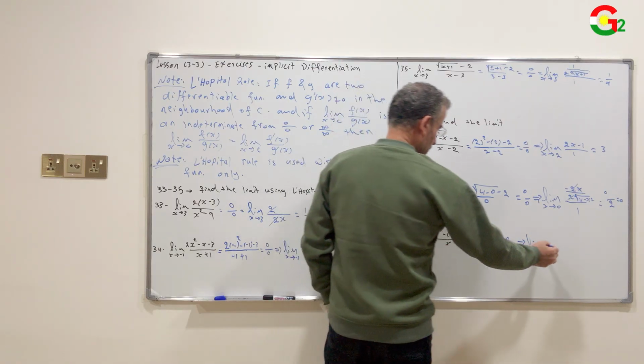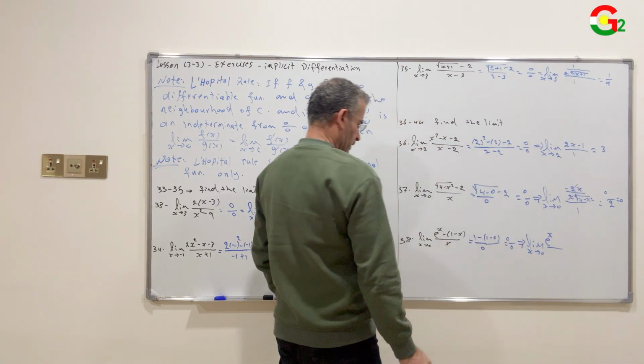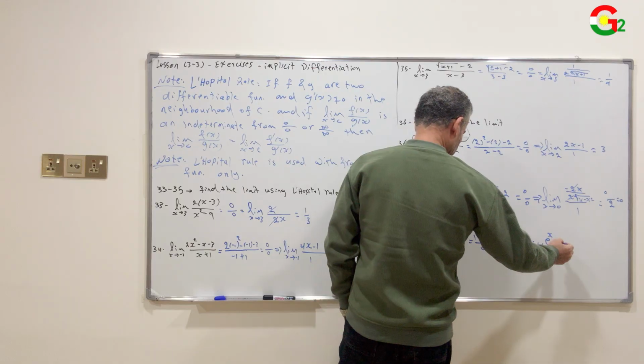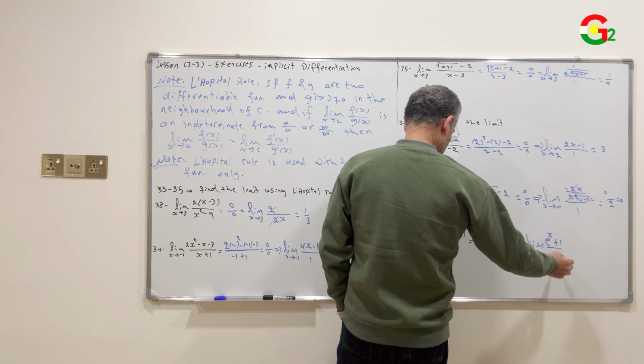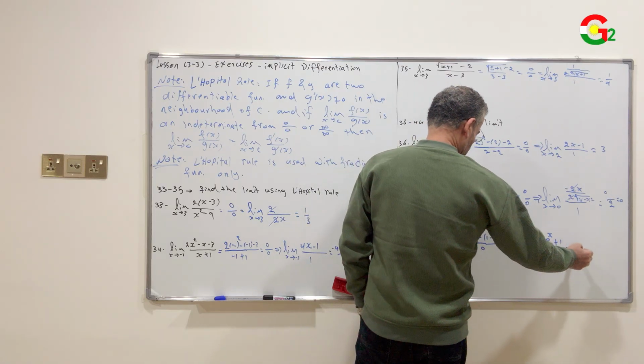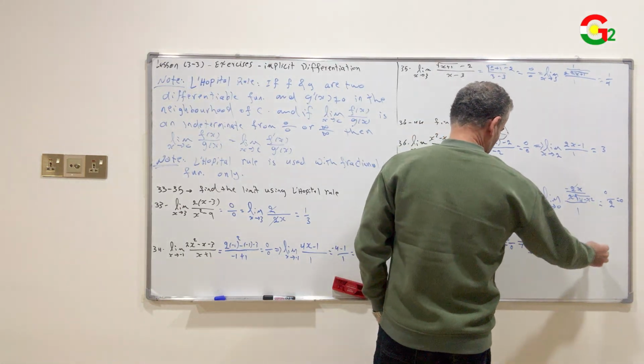Limit x approaches 0: e to the x, its derivative is e to the x, minus 1 is 0, plus x plus 1, over 1, equals e to the 0, 1, plus 1, equals